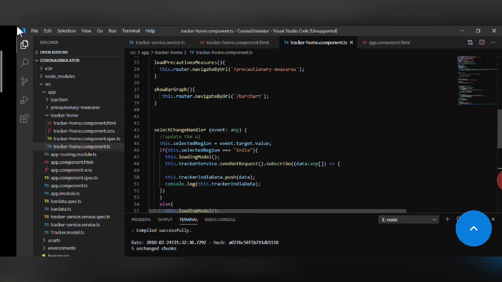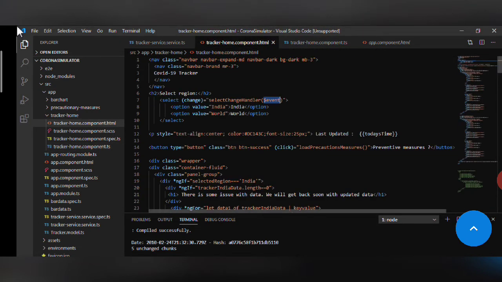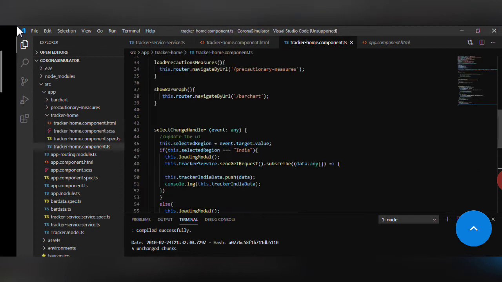So let's get back to the topic of how we fetch the data from the service. So this was all about the basic overview of component.html and how it gets the data from the component. So we will see now how the data is fetched from the service by using observable.